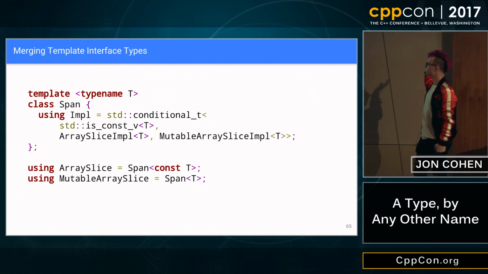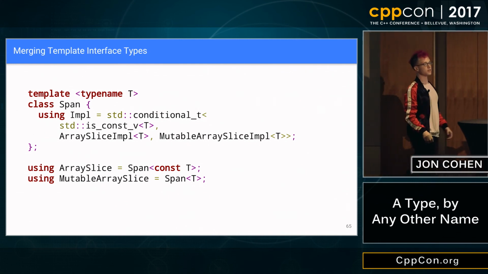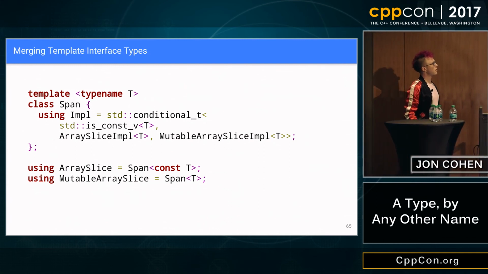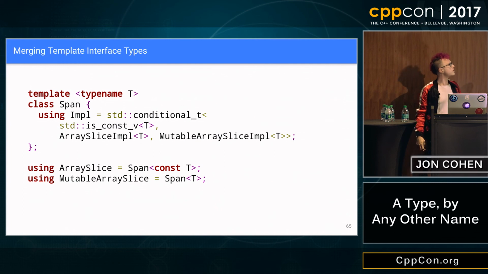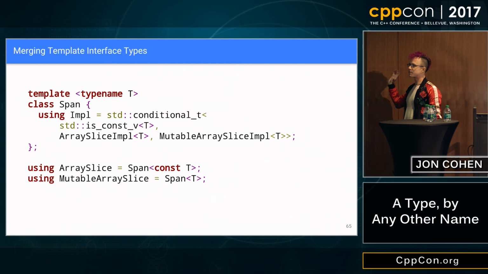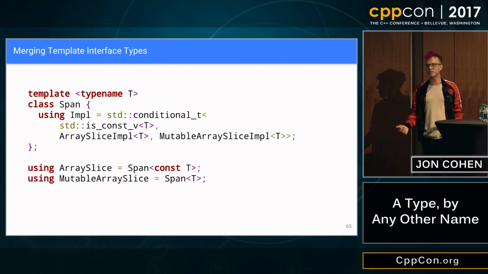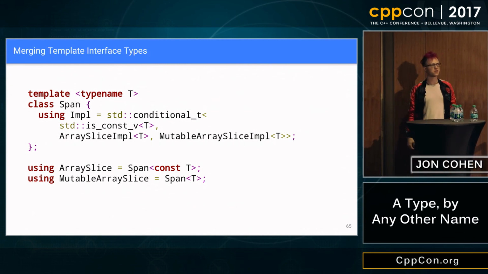I could have switched between a million different array slices if we had a bunch all sitting around Google for whatever reason. Thankfully, we didn't. We only had two. But this works. This is totally fine. And this is exactly what we were doing before. Array slice and mutable array slice become aliases. Span is now our class, and we did exactly that. I spent a couple months just cleaning up the entire implementation. I think I ended up removing over 100 lines of metaprogramming from the implementation, something crazy like that. It felt really good.